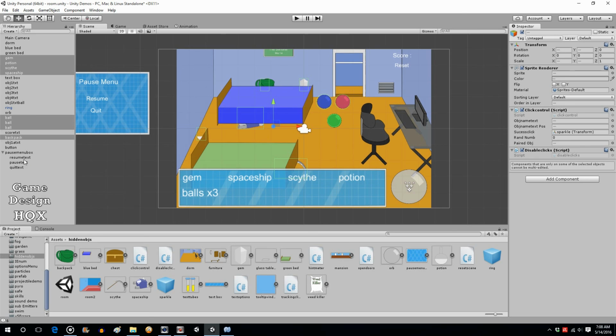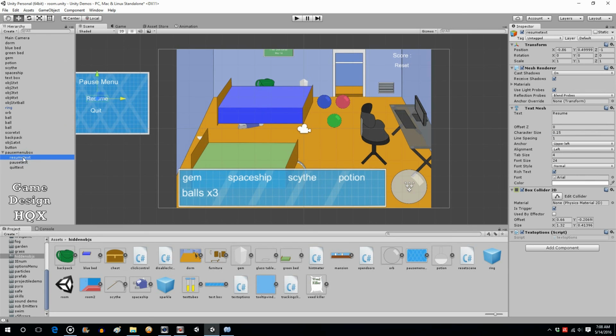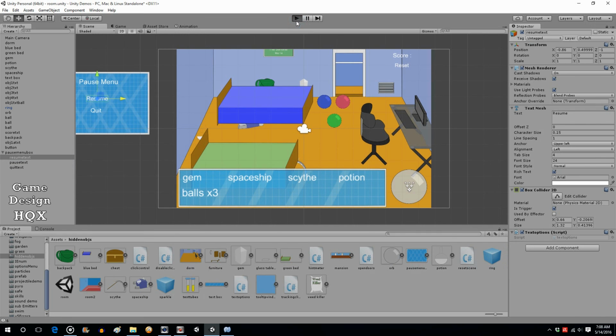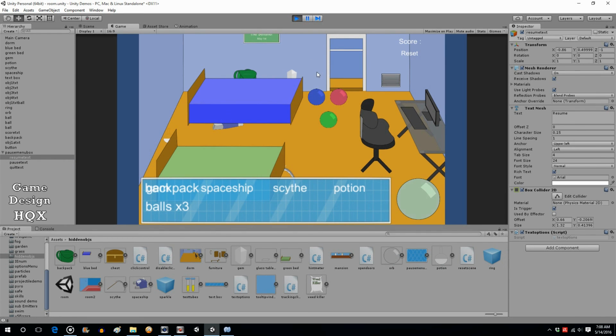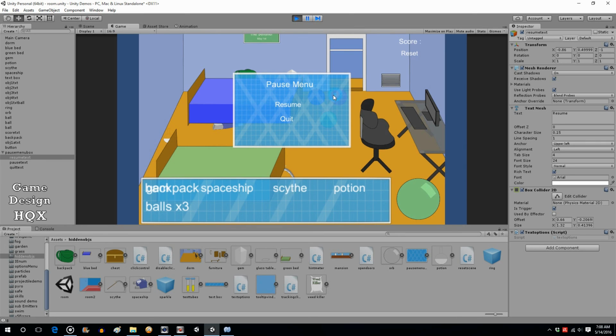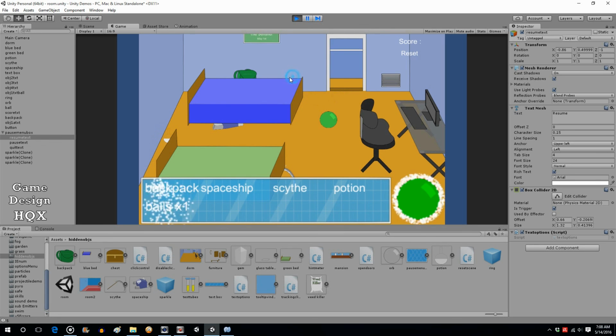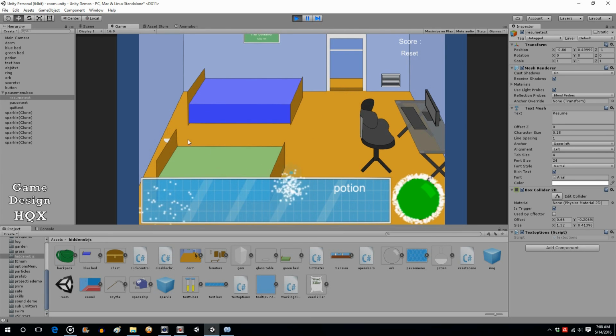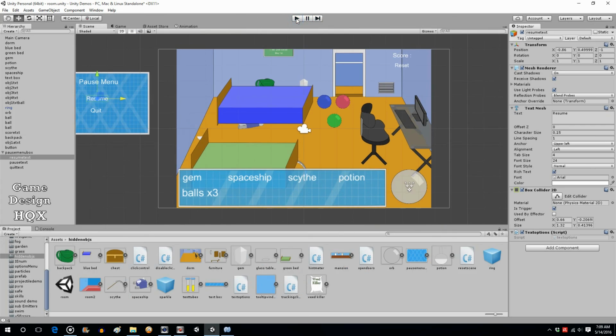We already took care of that. So that should be everything now. So let's run it. Do escape. And as you can see, cannot click on the objects behind it. We click on resume. Now you can click on the objects behind it, and your score reflects the fact that it was paused. So now to check that that really is being paused, okay,